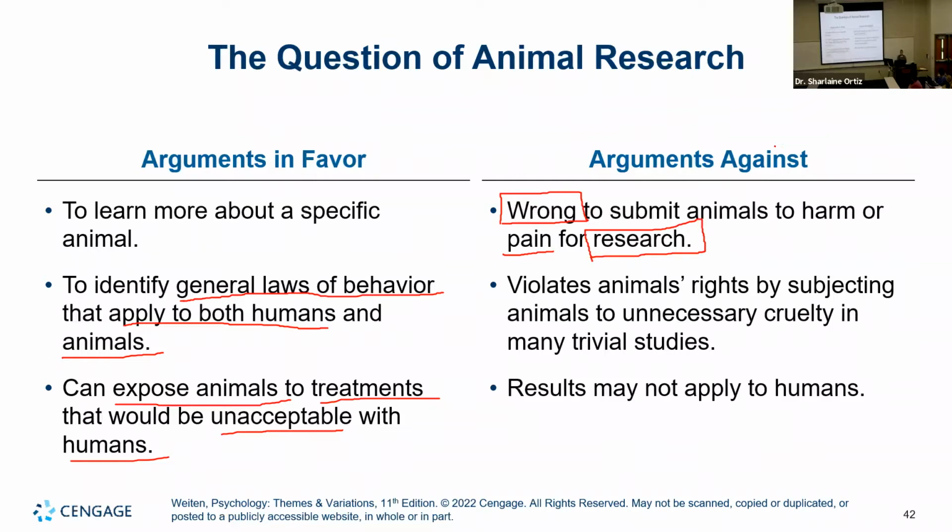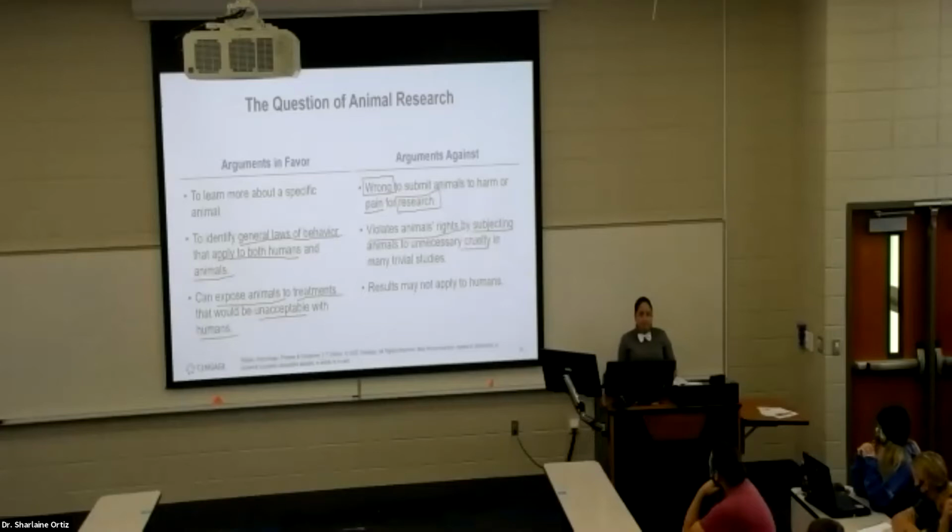Another argument is that inherently we are violating the animal's rights, because the animal will be subjected to unnecessary cruelty. This argument stems from the idea that animals have to be treated humanely,